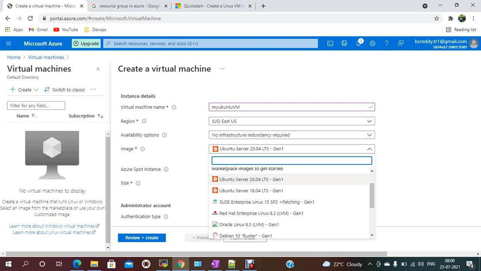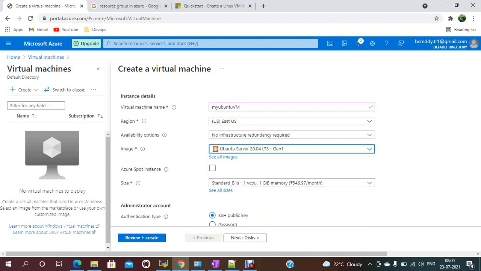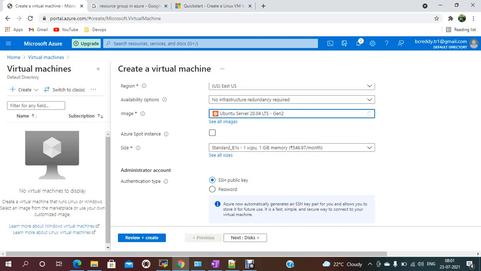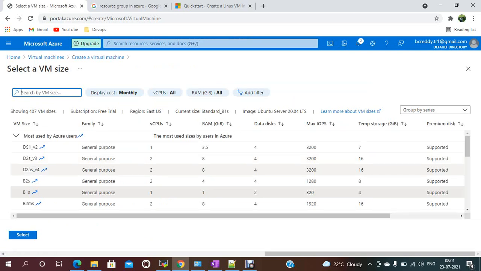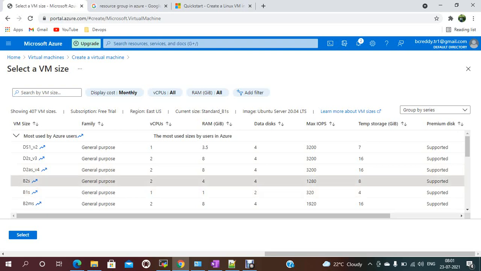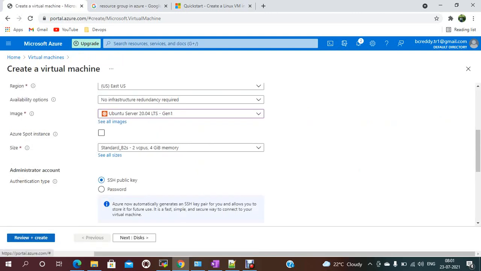I'm just selecting Ubuntu, Gen 1, and Azure Spot instance not required. For the size of the image, you need to select how much CPU and how much RAM you need. In this case, I'm selecting B2 general purpose, two CPUs, 4 GB RAM. Just select that one.